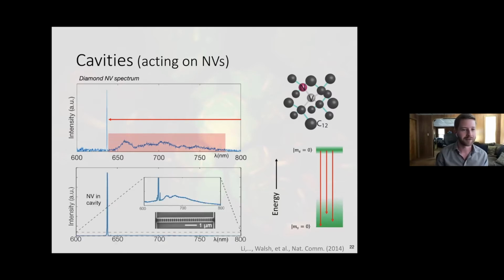And so if we put a cavity around it, a cavity that's tuned specifically to the transition that we want, we're able to increase the amount of light that comes out of that particular transition. Before we have a cavity, we're only looking at about 3% of the total amount of light that comes out of these NV centers that are in the usable part, what we call a zero phonon line. Whereas we've demonstrated with a cavity, we can push that up towards 56%.